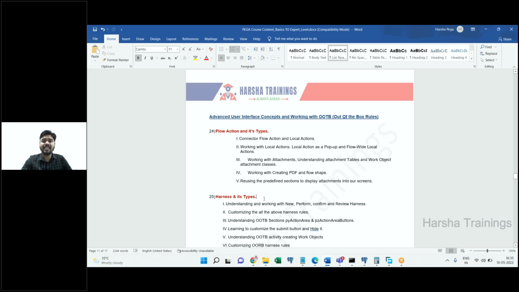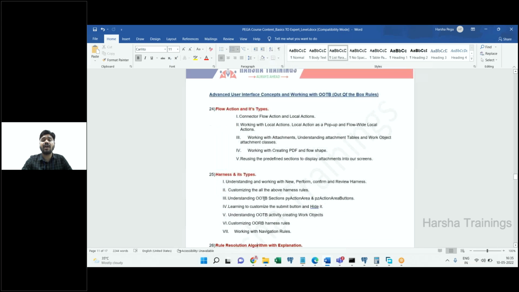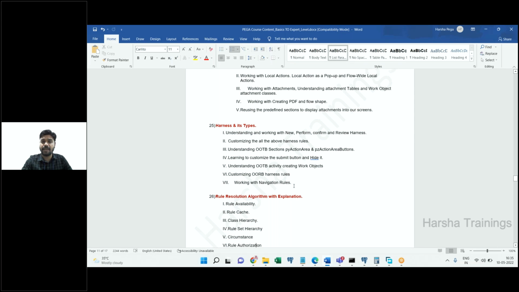And the next section, the 25th section, is about harness rules and their types. Here we are going to talk about harness rules, and also let me add, portal rules and navigation rules. So there are different rules which we are going to use and work on practically, where we are going to create a harness rule by ourselves, and also learn to understand the complete process